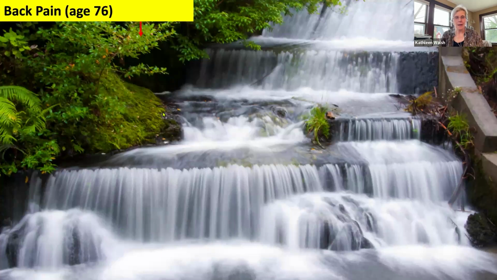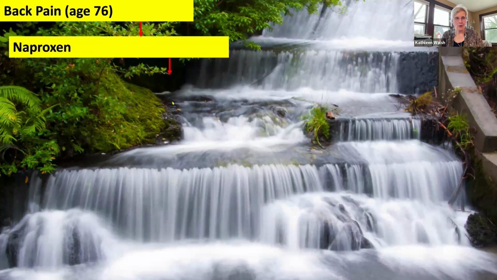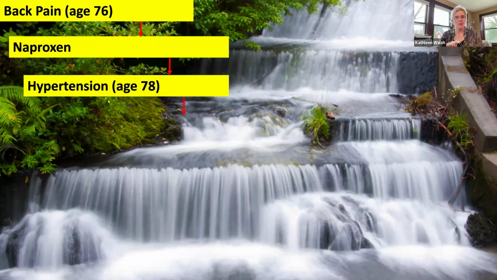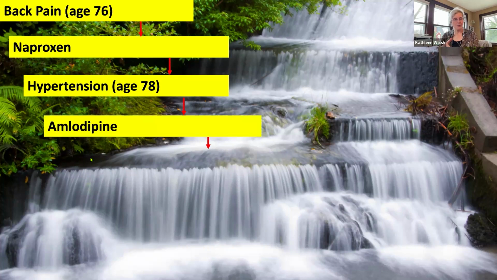So the patient comes in with back pain. They're 76 years old. Oh, well, we can treat that. Hold on, Tony. They're treated with naproxen. Well, naproxen is filtered through the kidney. And if you take naproxen or an NSAID for years, for example, this one, 2 years, people can develop renal insufficiency, i.e., their kidneys are kind of like, oh, this is a lot of medication here. Now you're going to develop hypertension. So now your blood pressure is up at the age of 78. Next. Well, I can treat your blood pressure. I'll give you amlodipine, a calcium channel blocker. That will decrease your blood pressure.